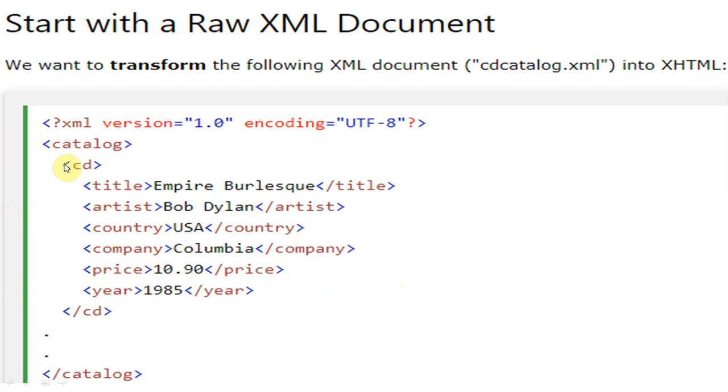So this is the catalog. This is the first row, and then accordingly we have multiple rows inside this catalog. So this is a simple XML program.